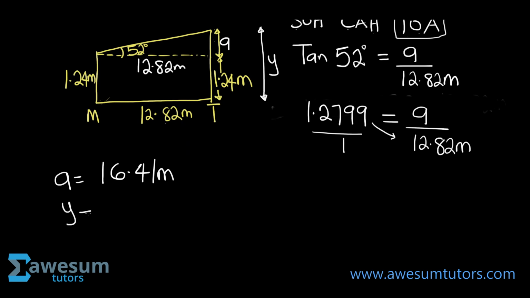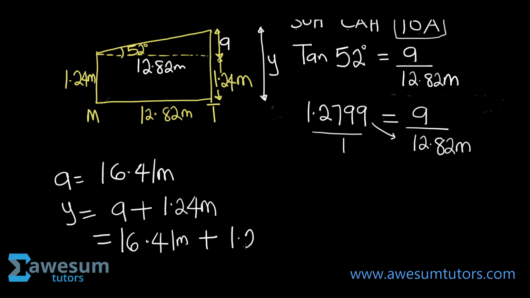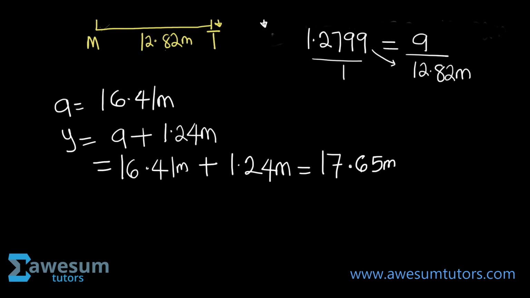What makes it up is y equals A plus 1.24 meters. Okay, and what is your y? Y would then give you 16.41 meters, because your A is 16.41 meters plus 1.24 meters, right? So in that case, my final answer is going to give me 17.65 meters. So in that case, the height of the tree is 17.65 meters. So you can conclude by saying, therefore,